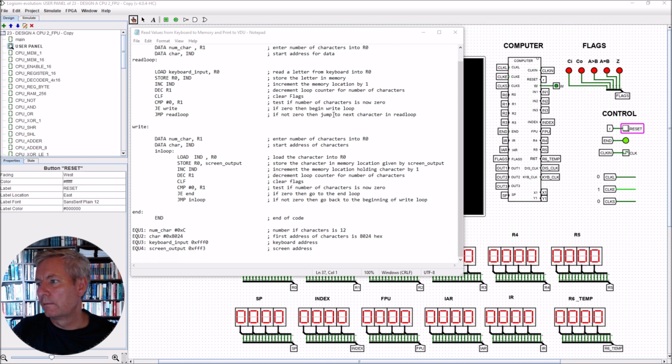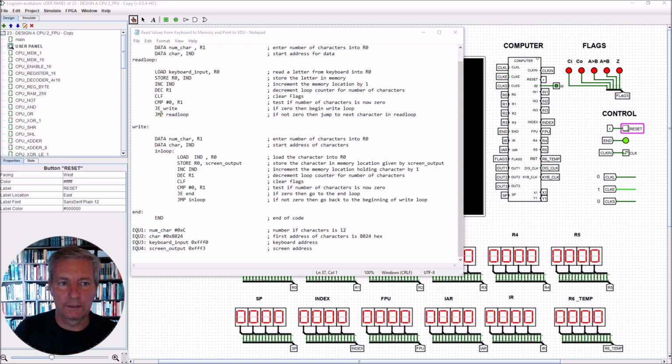we begin the write loop. So that would have said to us, we've counted down all of the 12 characters, we've read in all of the characters. If you've read in all the characters, then you can jump on to the write loop, which writes the characters into the display. Now, if we haven't worked our way all the way down 12 characters, and we've still got some other characters to go, then we jump back to the beginning of the read loop. So this is the read loop here. And we continue with this looping structure until all of the characters have been read into consecutive memory locations, starting